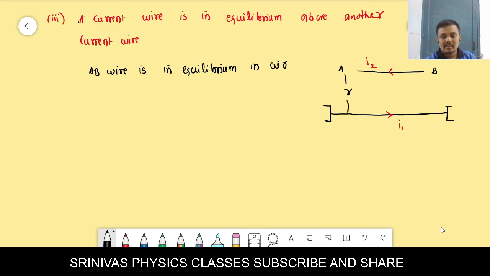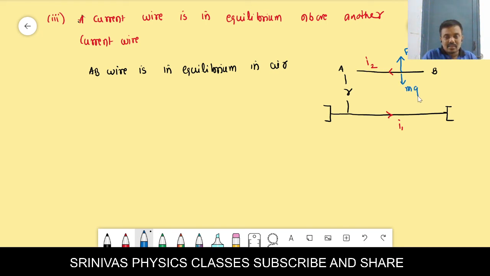Students, they do repel each other. Current is flowing to the right side on this wire. On this wire, current is flowing to the left side. The currents are in opposite direction, which means they will repel each other, right? They will repel each other means an upward force will act, and this pushes upward. This is the force between these two wires. Due to that, it will stay there. But the weight of AB wire acts in the downward direction. Is it correct?